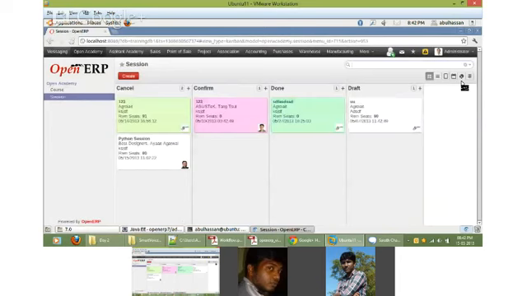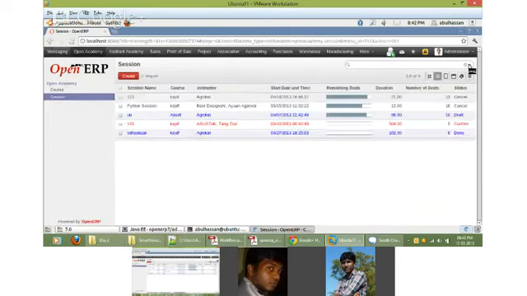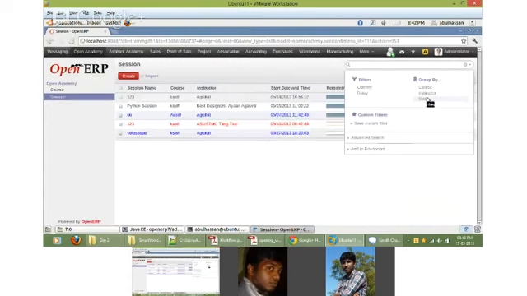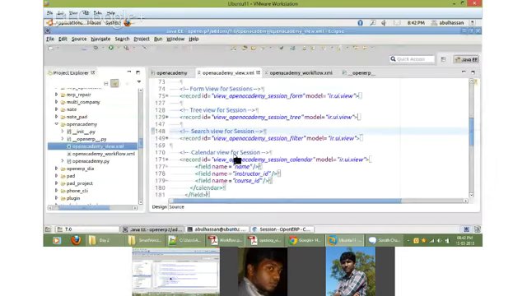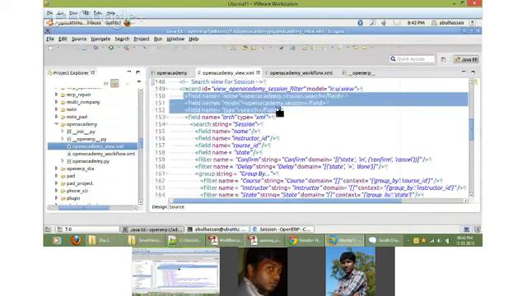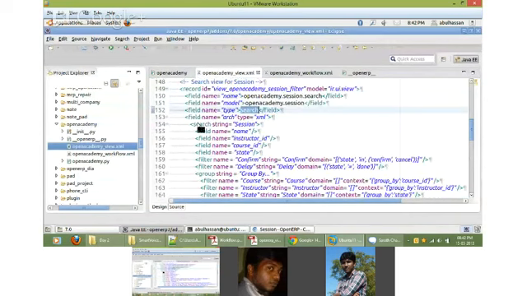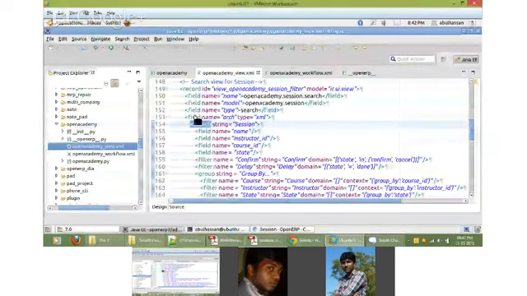But in the session, see, there are different types of filters and group bys. It is again the same thing, only the type is search, and the string, I mean the tag within the field name, is also search.